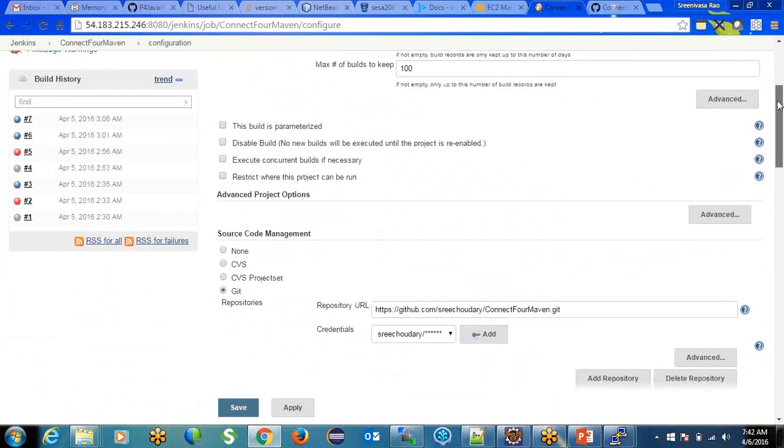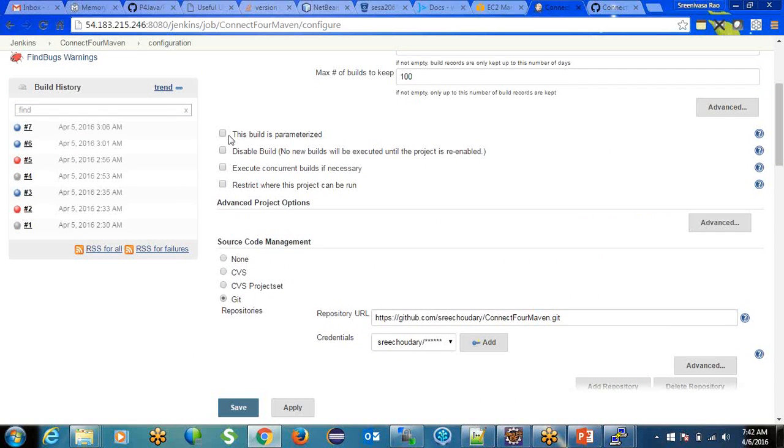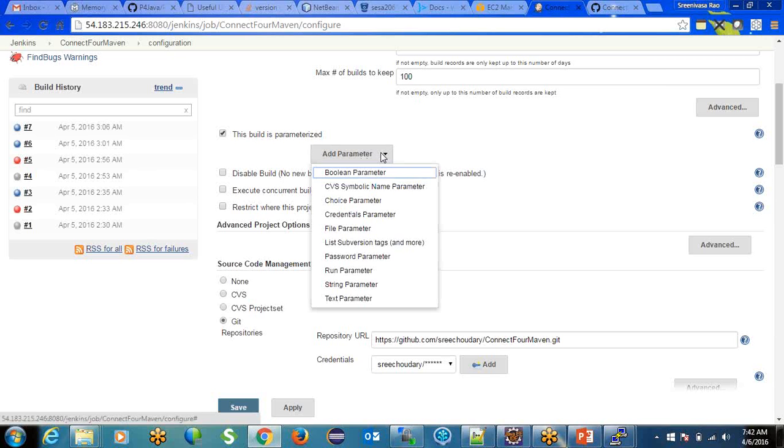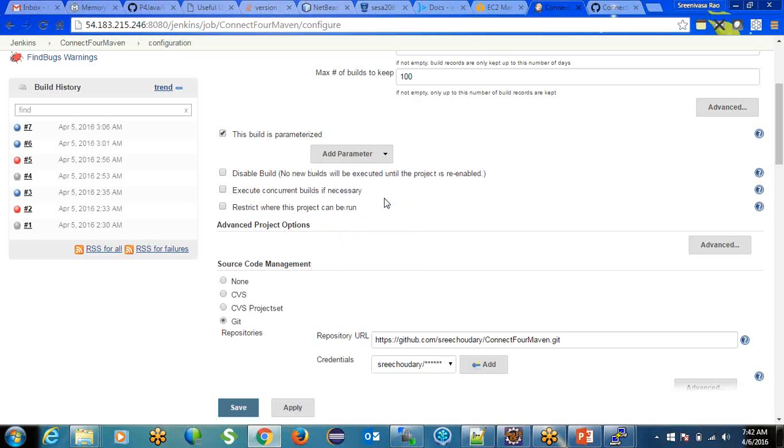And we have some options here. This build is parameterized, okay. If you want to pass any runtime parameters to your build script or this job, we can configure this build as parameterized. If you want to pass any credentials to this build, we can pass the credentials, and you can select the Boolean parameters and choice parameters. So here I am taking the choice parameters,